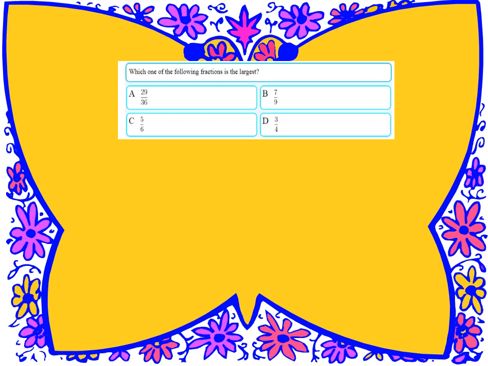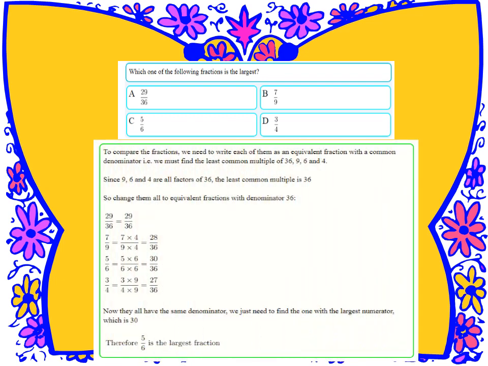Yes, multiply by 6. Excellent. So I multiply the top and the bottom number by 6. In D, we have 4. Can I make it 36? Yes, excellent, by 9. So now the second step, we have to multiply all the fractions to make the denominator